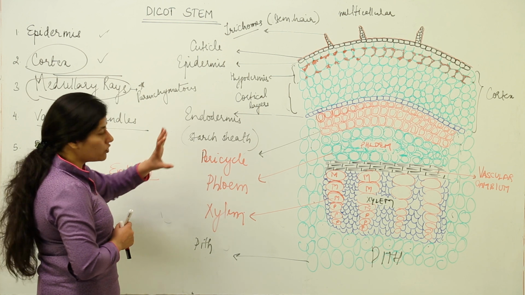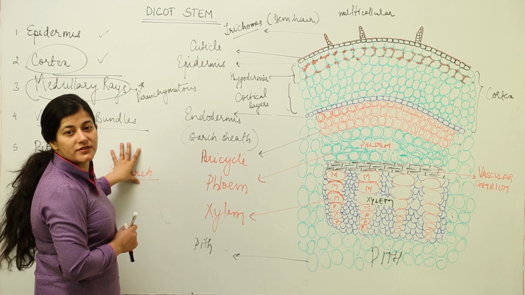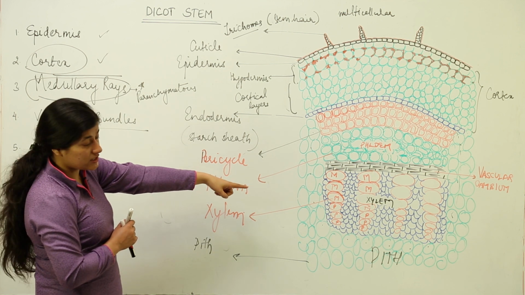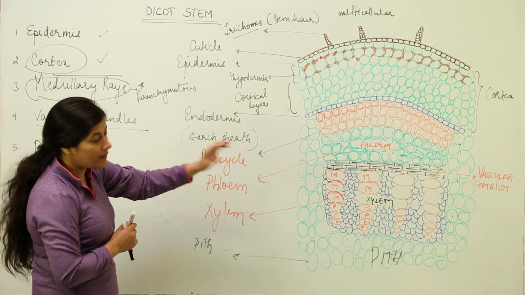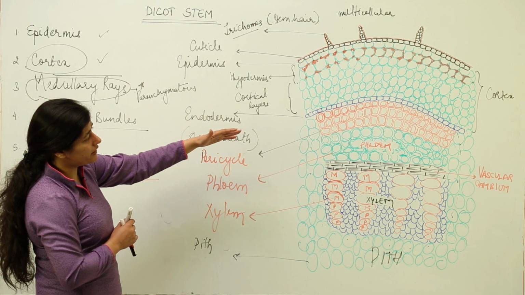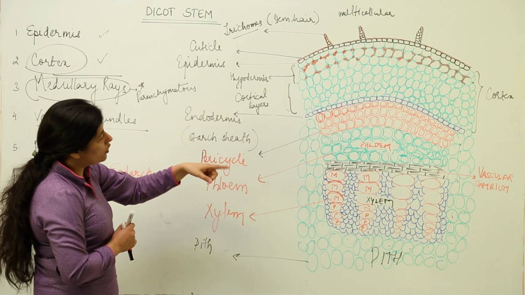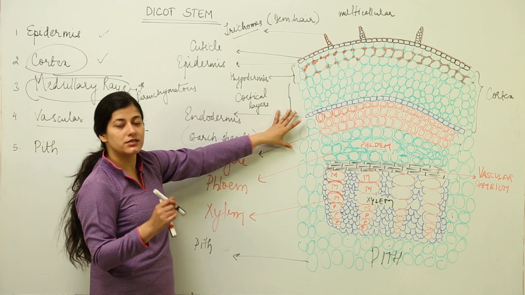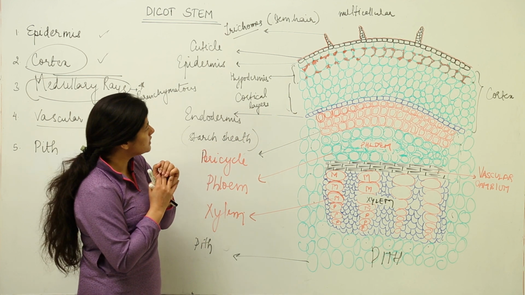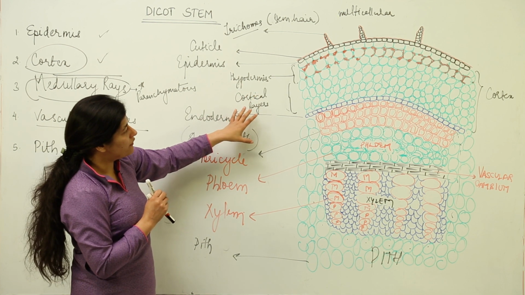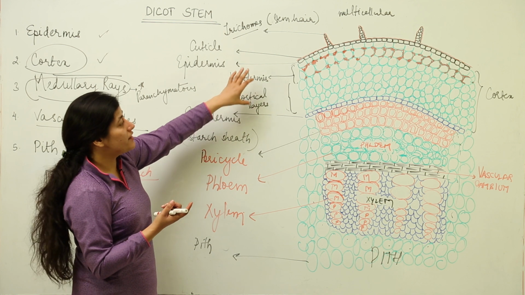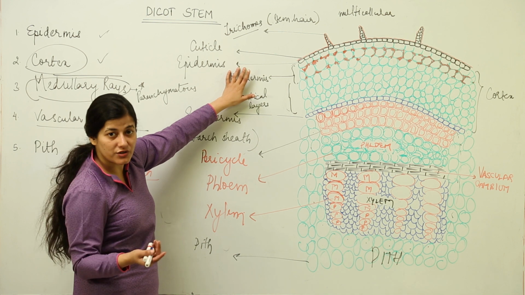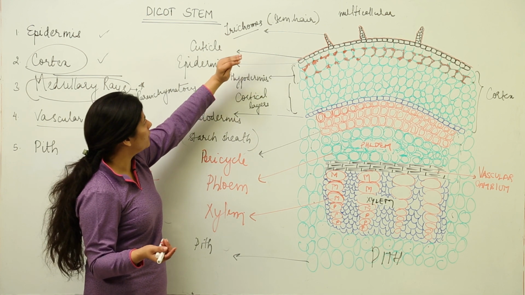Now the vascular bundles are conjoint, you have to remember. The arrangement of xylem is endarch because protoxylem lies inside. There is a vascular cambium present in between, that means the vascular bundles are open. Then we have a pericycle which is present just above the phloem, followed by the endodermis, which is also known as starch sheath, starch-rich cells which are barrel shaped and closely placed. Then we have the cortical layers which have parenchymatous cells and oil ducts present in them, followed by the hypodermis. Hypodermis would be rich in collenchymatous cells which have extracellular thickenings, and then we have an epidermis covered